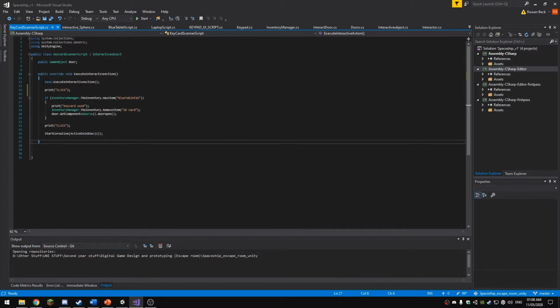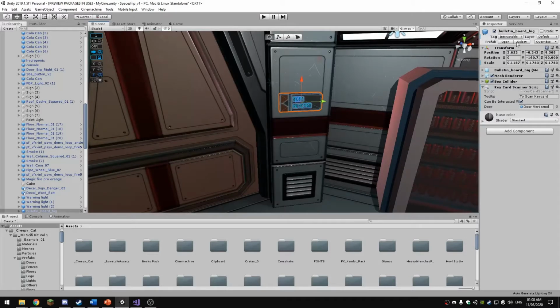I've even put base interactive action, execute interactive action, print click. That doesn't even appear. So I don't know what I'm missing. It is tagged as interactable, so I don't know why it's doing that, but it is,